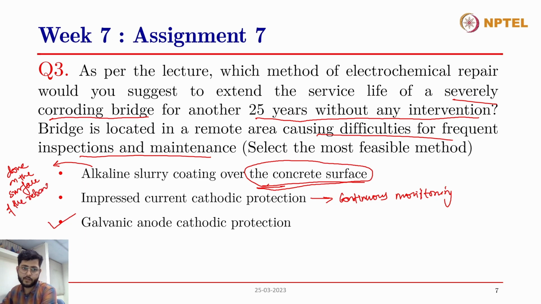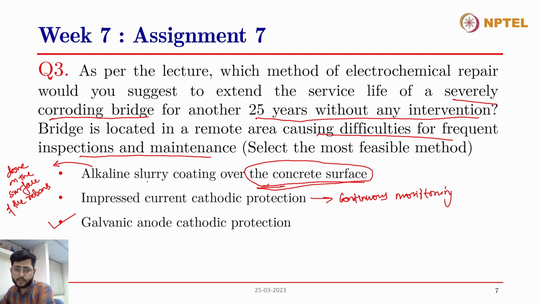Whenever any kind of anti-corrosive coating is applied on the concrete surface, let's say it has some zinc compounds or any sacrificial metal compounds in it, it has to be connected to the rebar for it to act as an anode. So you have to have a connection between the coating applied on the concrete surface and the rebar. So just applying another coating on the concrete surface won't prevent the corrosion at the rebar location. So this is not the correct option.